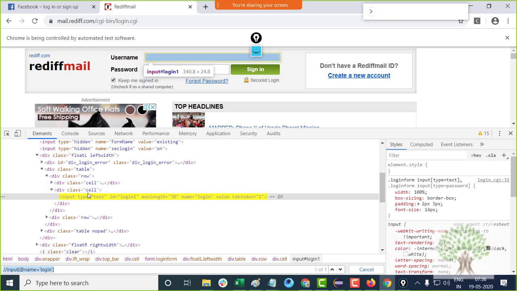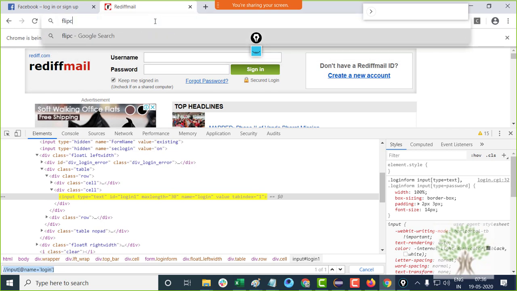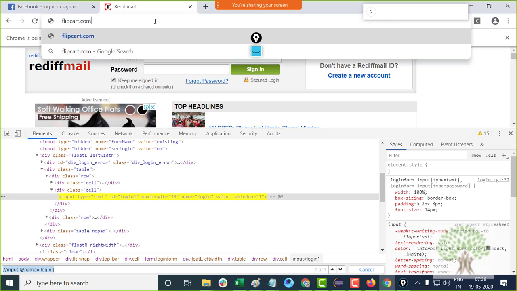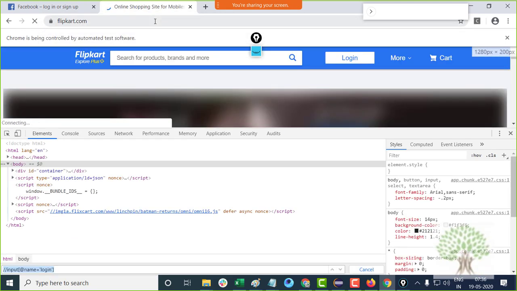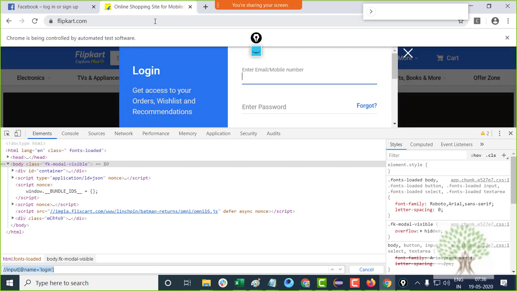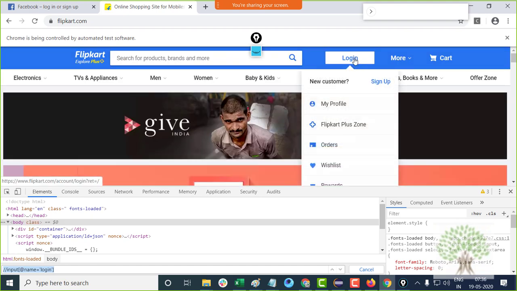Now, for example, if I go to, say, flipkart.com, and over here I click on the login link.